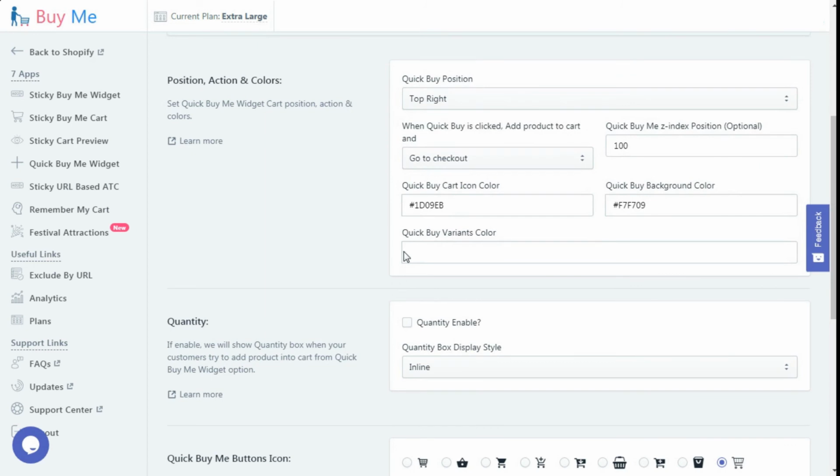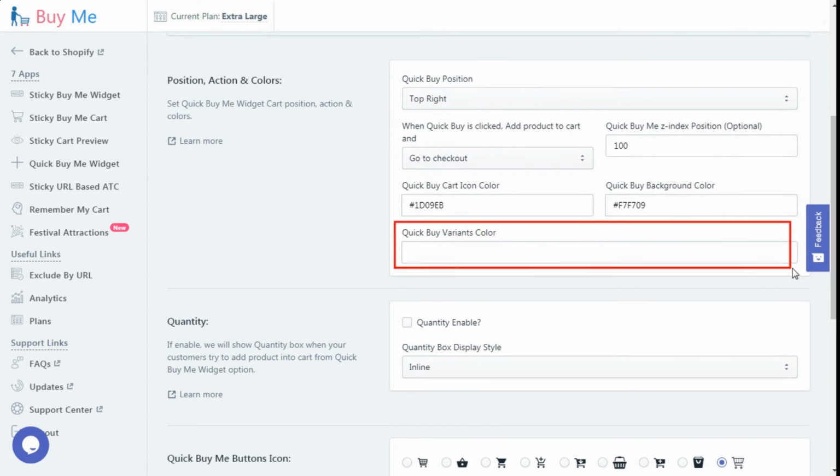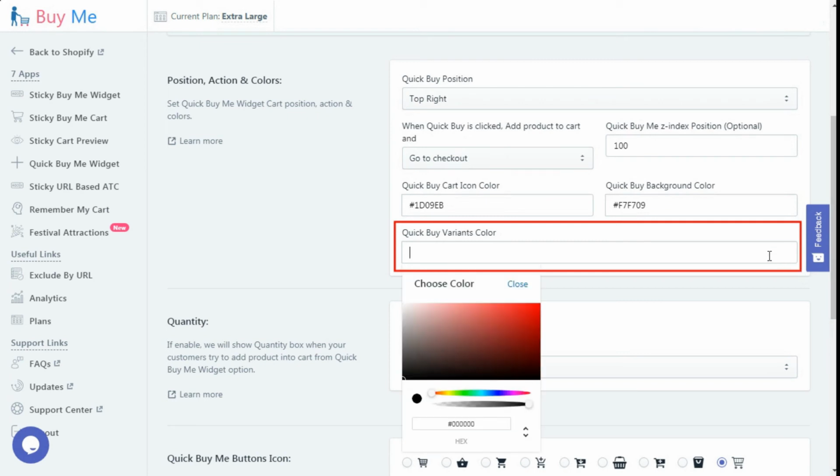And the last option is Quick Buy Me variant color. Using this option, you can set the color of variants in the Quick Buy Me widget. When you set the color, it will be reflected on the desktop as well as on the mobile. Here, you can select the color from the color picker which appears when clicking on the box.